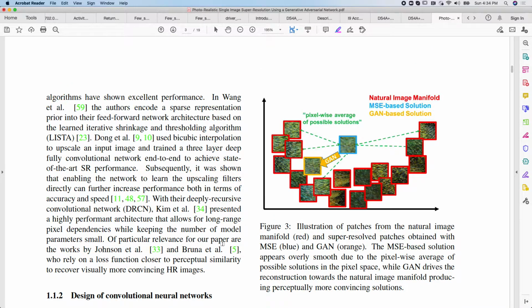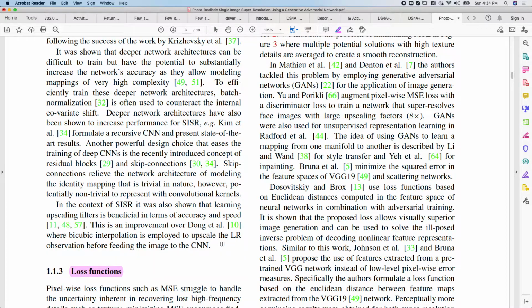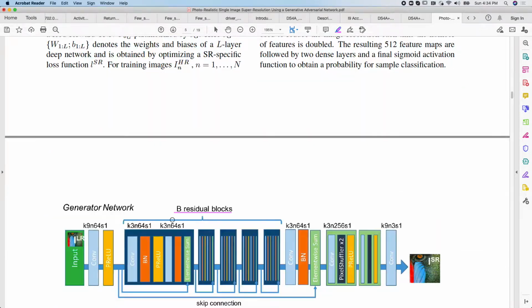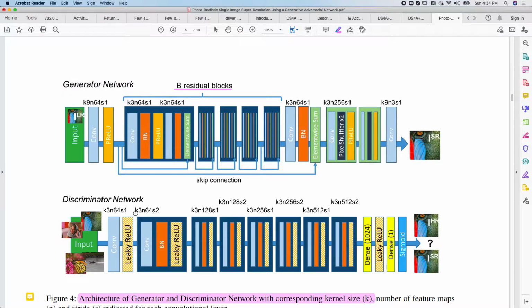Okay, so let's go to the architecture they use. The architecture they used here is, this is the generator, this is the discriminator. Now you will see that they make use of residual blocks, and you have the skip connections, and you have the element-wise summation on the generator side, and in the discriminator side,